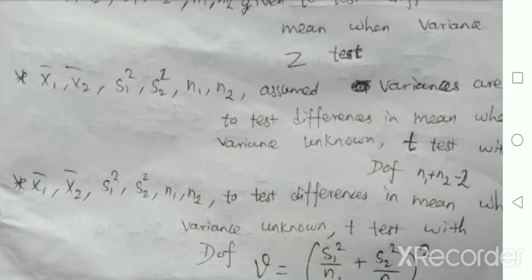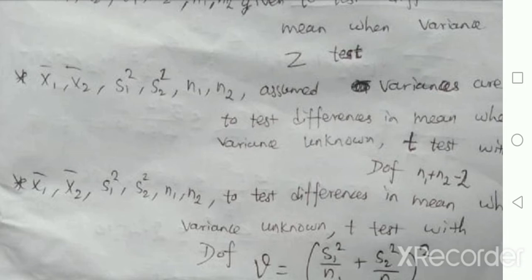Okay, whenever the sample averages are there, it means here we have to test only about mean. Okay, only a single sample average, here we have testing about a single mean. Suppose in a problem we have two sample averages, so here we have testing about differences in mean.